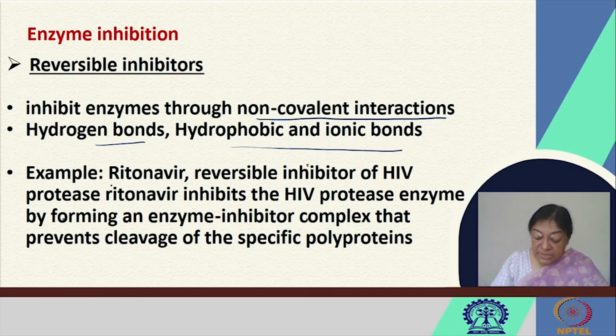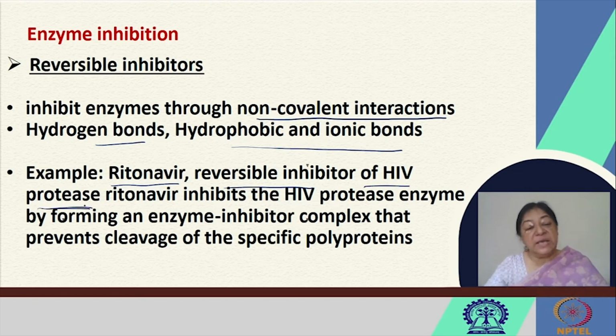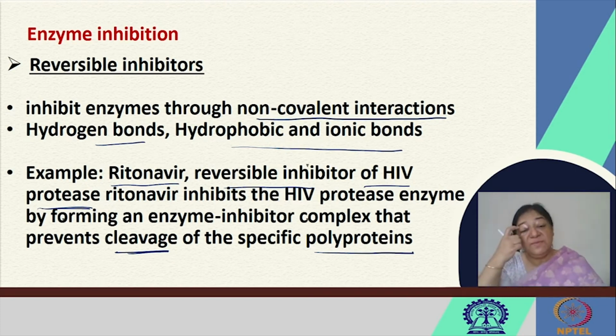An example is ritonavir, that is a reversible inhibitor of the HIV protease. The protease enzyme means that it is involved in the cleavage of specific polypeptide chains. So it creates an enzyme inhibitor complex that prevents the cleavage of the specific polyproteins in